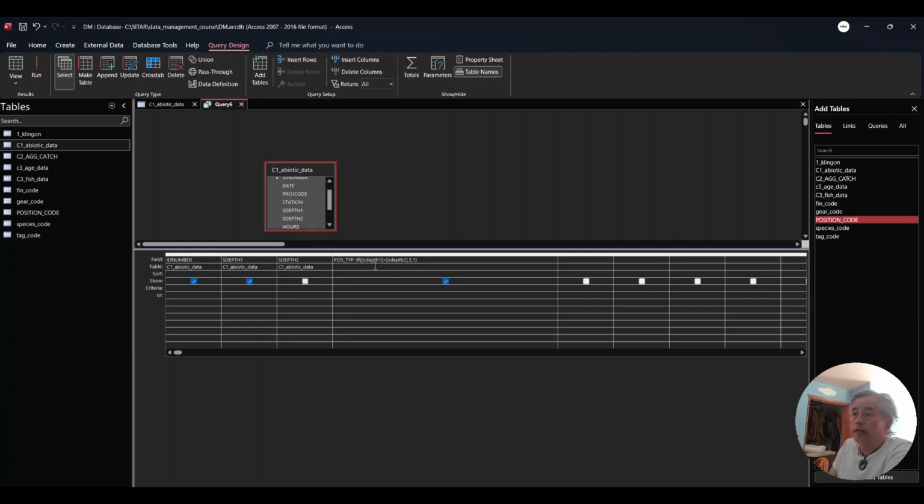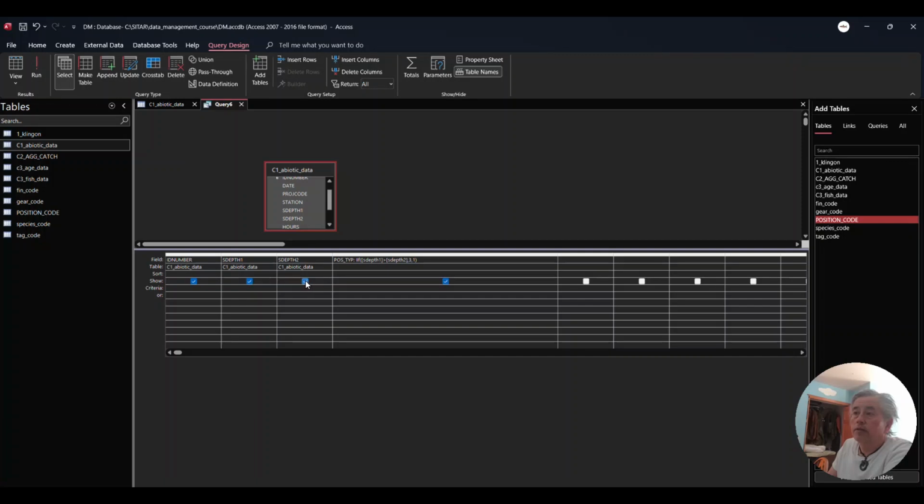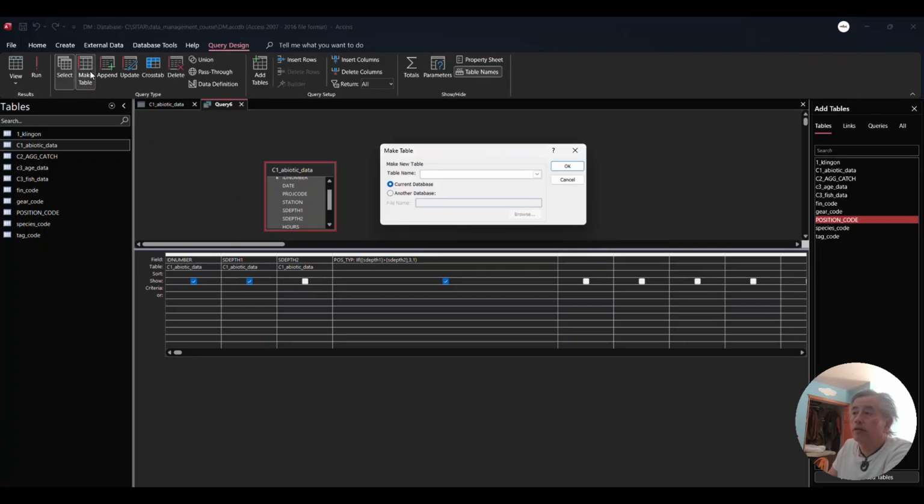So again, we already evaluated that. We'll just take a look to make sure the other depths are correct. So 1300 is the deeper end, and then 198 is the shallower end. So we're going to move site depth 2 and create a table. Now this is an action query, so you need to be careful. What we're going to do is create a new table called C1 positions